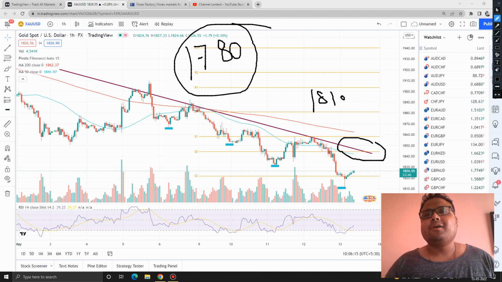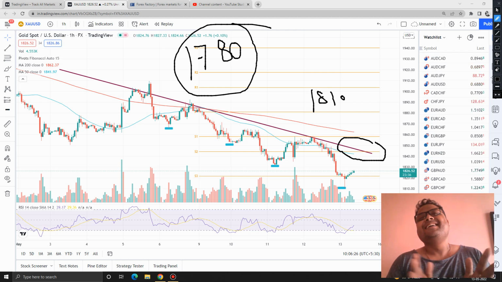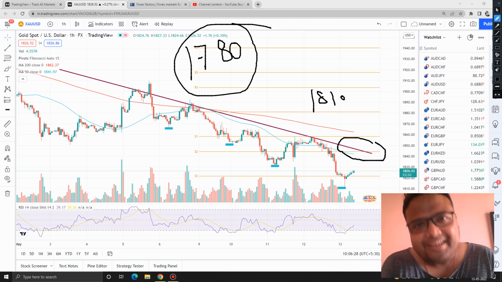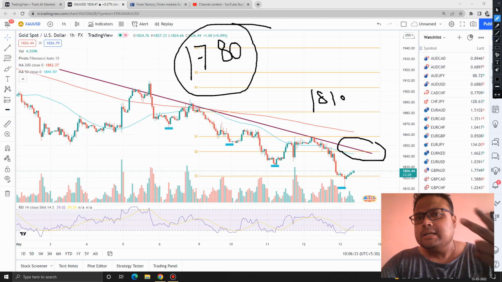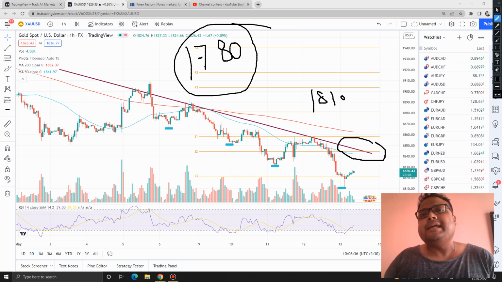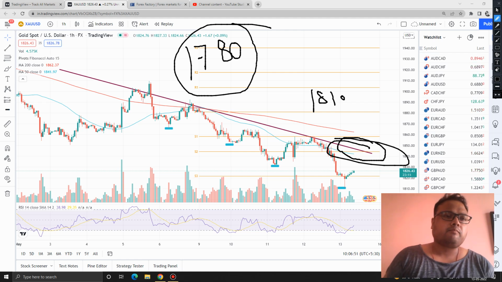I'm not giving any buy call, and again I'll say, use proper risk management, because the market is very volatile right now. We must be careful. Protect your hard-earned money, not honey. Protect your hard-earned money and capital, because a trader only trades when the opportunity is right. If the market falls to the 1780, 1790 level and bounces, go for a buy position if you see a proper bounce. But if the market reverses from this selling zone, you can take a sell position. Apart from these two levels, I think it is better to avoid the chart of gold right now.